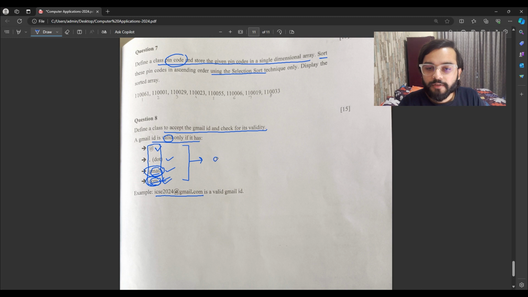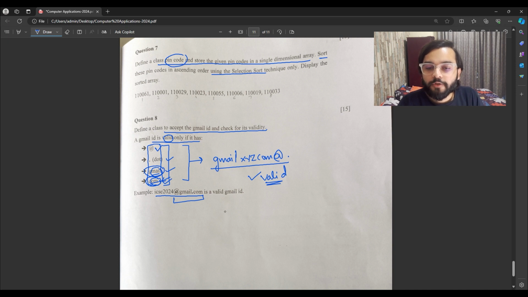For example, if the Gmail ID taken as input from the user is like gmail xyz com @. In this approach, we will get this also as a valid mail ID. But this is not a valid mail ID. For a valid mail ID, all these things should be present at the last of the string only.